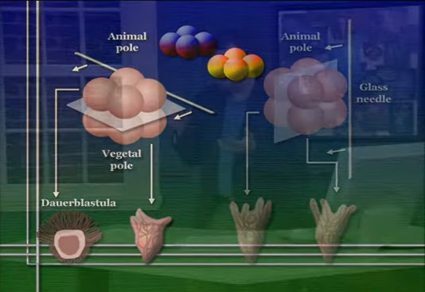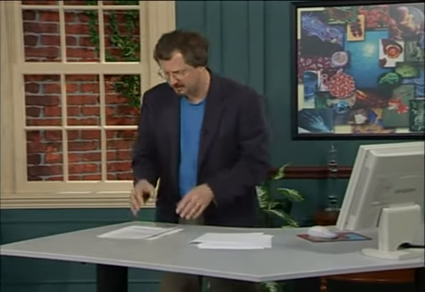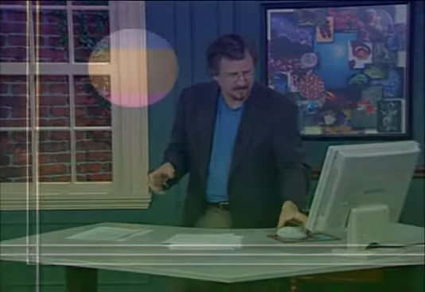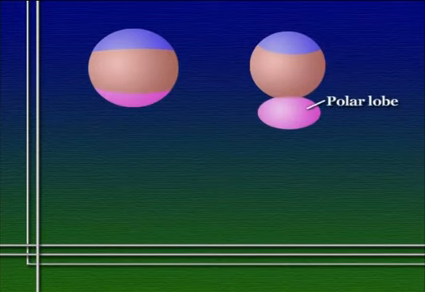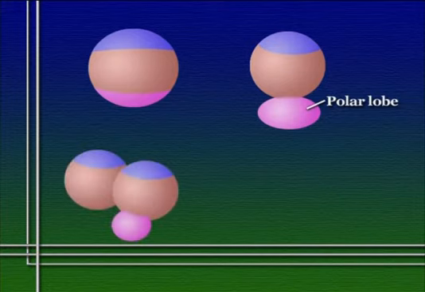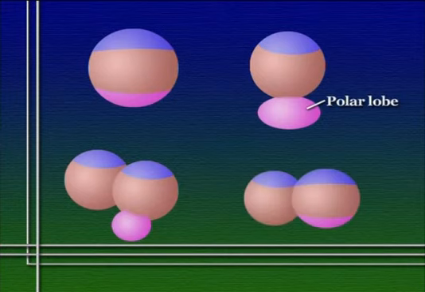Mollusks, which are kinds of shellfish, provide another example of how cytoplasmic maternal determinants can affect development. In this case, before the very first division of cleavage, a protuberance comes out of the cell called the polar lobe. This appears on one side of the zygote, and then the cell divides with only one cell carrying the polar lobe with it. That polar lobe gets reabsorbed into the rest of the cell.